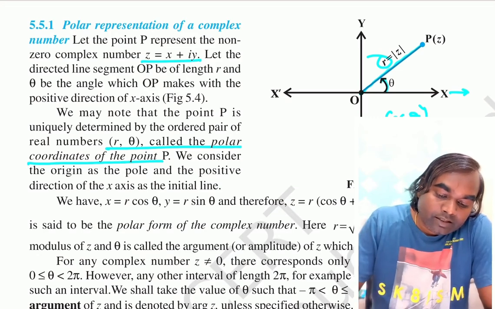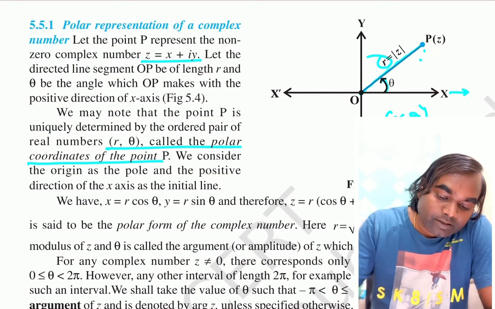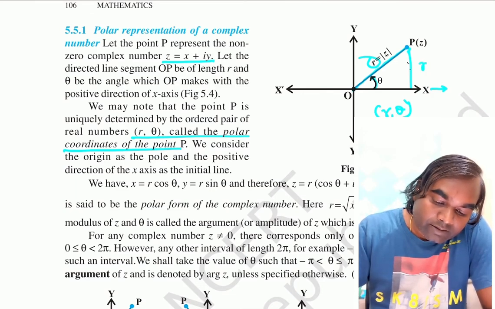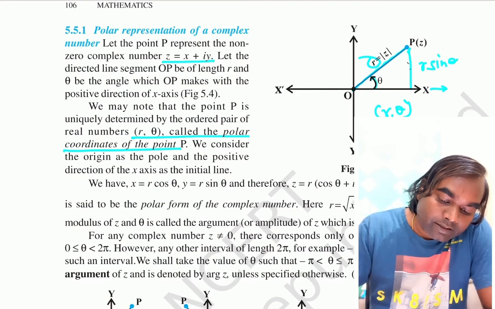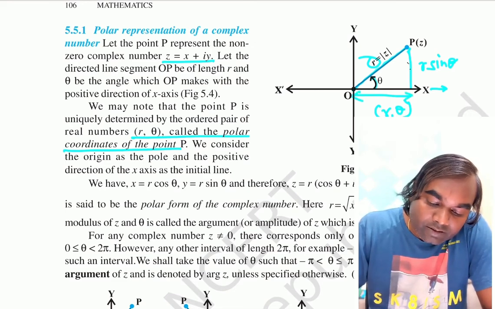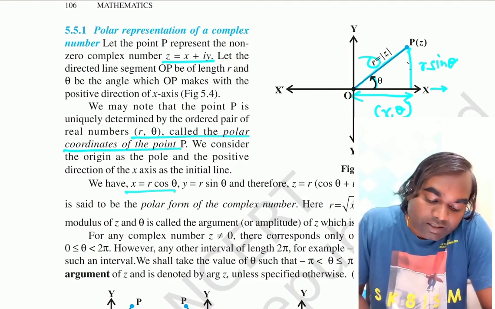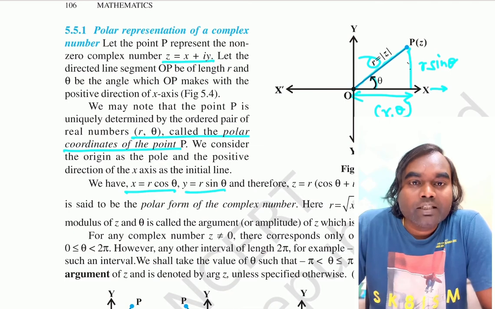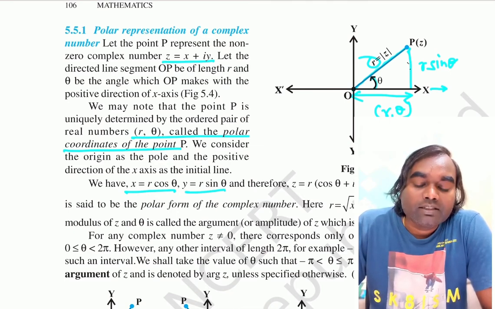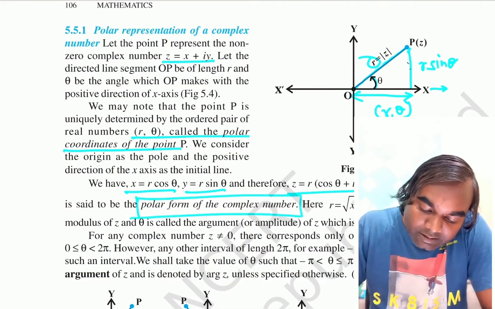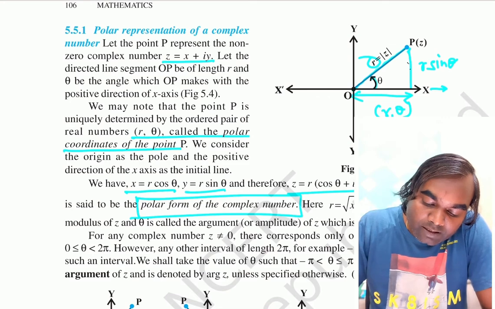Now we can see that this distance is equal to r sin theta, and this distance OX is r cos theta. That means x is equal to r cos theta and y is equal to r sin theta. Therefore z can be written as z is equal to r cos theta plus i r sin theta, and this is known as the polar form of the complex number, and that can also be written as r into e to the power i theta,